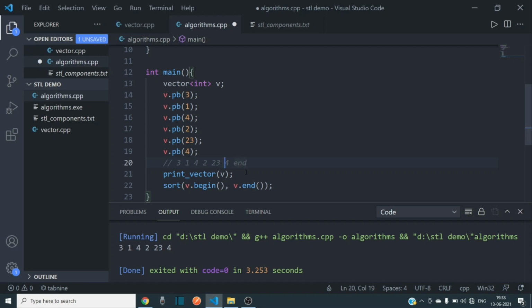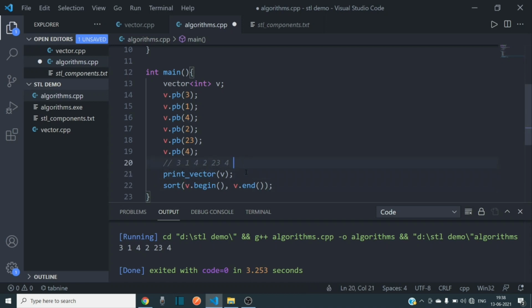So we have to specify the first element and the iterator after the end. If we have to sort just the 3 elements, 3, 1 and 4, we will pass v.begin() and v.begin() + 3, because we want to sort up to the second index.